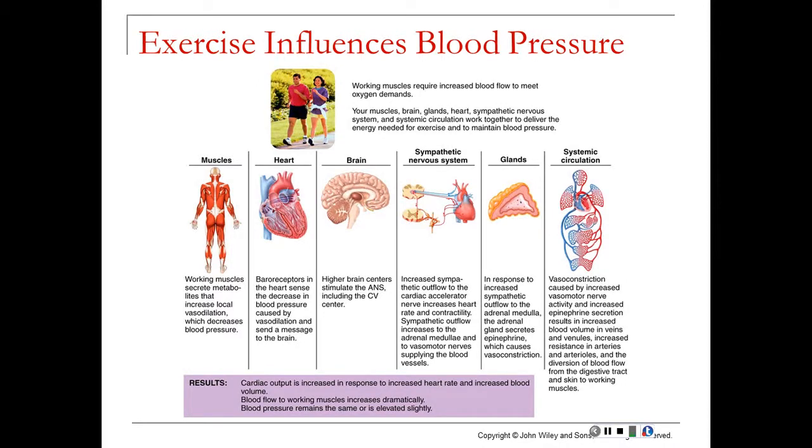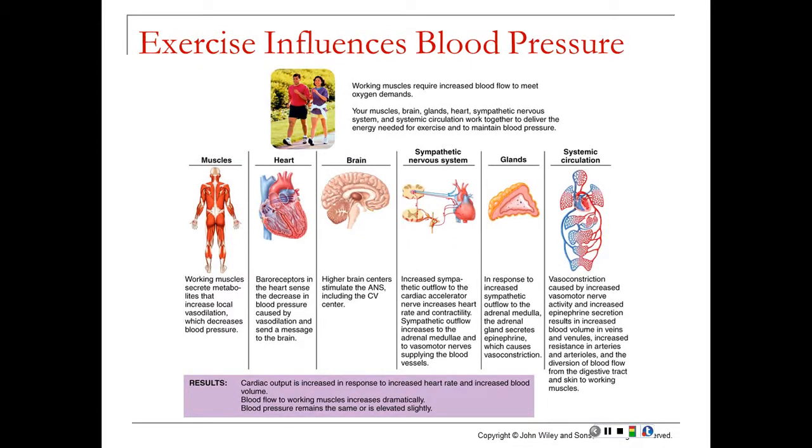Sympathetic outflow is then going to increase to the adrenal medulla and to the vasomotor nerves, which supply the blood vessels to either dilate or constrict. Then there's an increased response to sympathetic outflow. Your adrenal glands are then going to secrete more epinephrine, which is going to cause vasoconstriction. That vasoconstriction, which is caused by the increased vasomotor nerve activity, increased epinephrine, etc., is going to cause